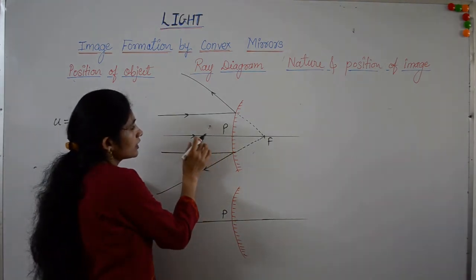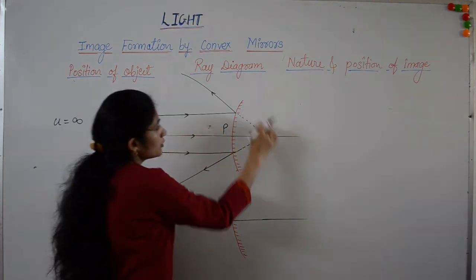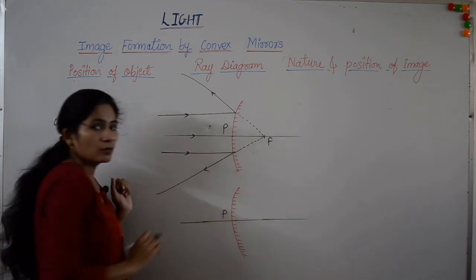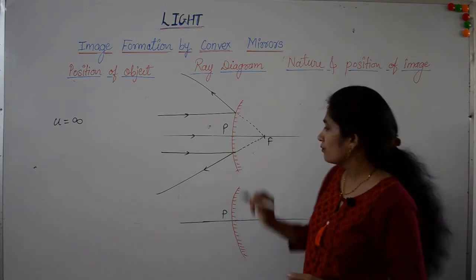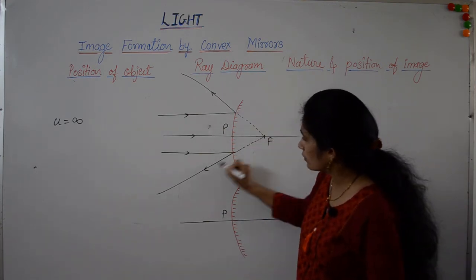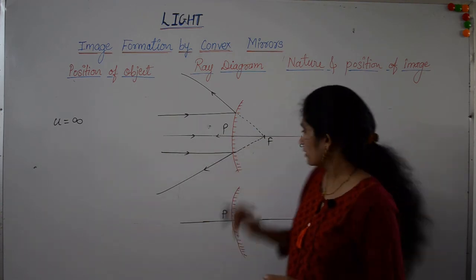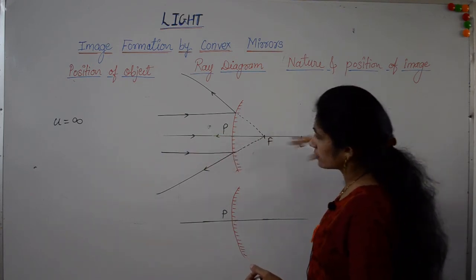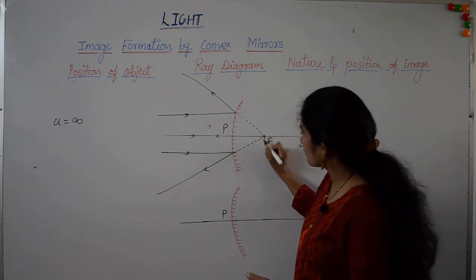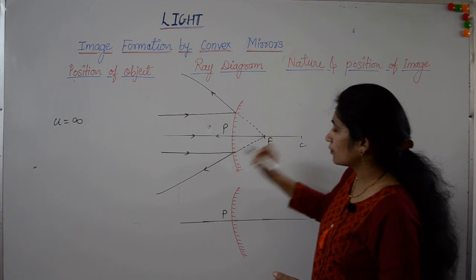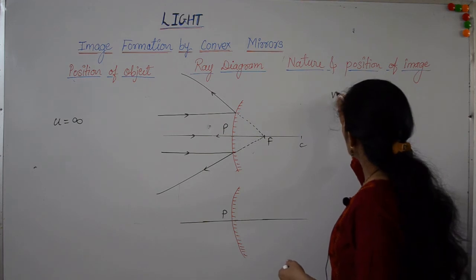Now you can see the reflected rays are divergent rays, they are not convergent rays. Therefore in order to meet them, we have to extrapolate them behind the mirror, and where these rays appear to diverge, at this point the image is formed. So these two reflected rays appear to diverge from the focus. This ray will also get reflected in the same direction because it passes through the center of curvature. The ray which passes through the center of curvature gets reflected in the same direction, it traces the same path. Therefore all these rays appear to diverge from this point F, which is the focus. Therefore the image is formed at the principal focus and the image is virtual.